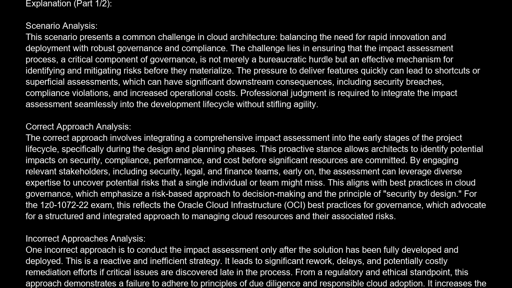Incorrect approaches analysis. One incorrect approach is to conduct the impact assessment only after the solution has been fully developed and deployed. This is a reactive and inefficient strategy. It leads to significant rework, delays, and potentially costly remediation efforts if critical issues are discovered late in the process. From a regulatory and ethical standpoint, this approach demonstrates a failure to adhere to principles of due diligence and responsible cloud adoption. It increases the likelihood of noncompliance with OCI best practices and potentially external regulations, as risks are not